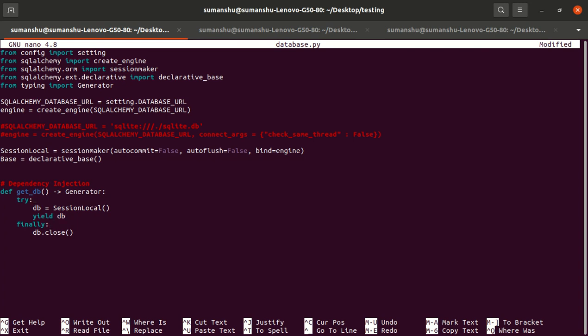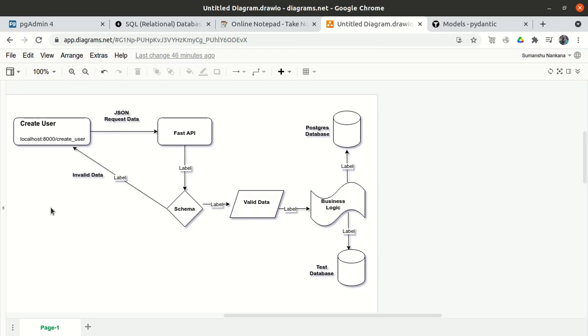So why do we use the finally keyword? Whether the database connection has been established or whether it will throw some error, the finally block will always get executed, whether anything successful happens or some exception is thrown. So we have mentioned that finally it will close the database connection. Because we have to use two databases, anytime it can insert into the production database, and if we pass the test database instance, it will create a different session for the test database.